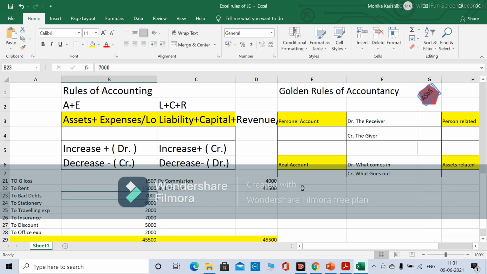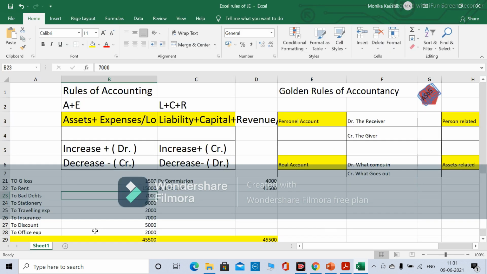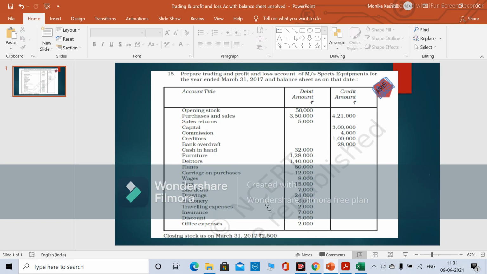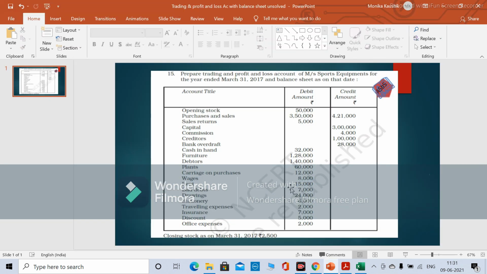So, bad debts, let's check from here. Office expenses 2,000, discount 5,000, insurance 7,000, traveling expenses 2,000, stationery 6,000, bad debt 7,000, rent 15,000, and okay, now